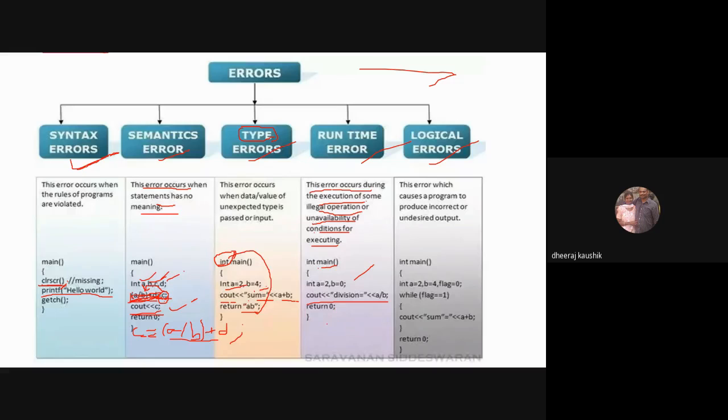So, when it compiles, this is a perfect grammatical program without any grammatical or syntax errors. But while running, it actually performs the 2 by 0. And 2 by 0 is an illegal expression, right? Nobody knows the value of this. And so actually, in the late 1970s, hackers used this operation to jam the computers.